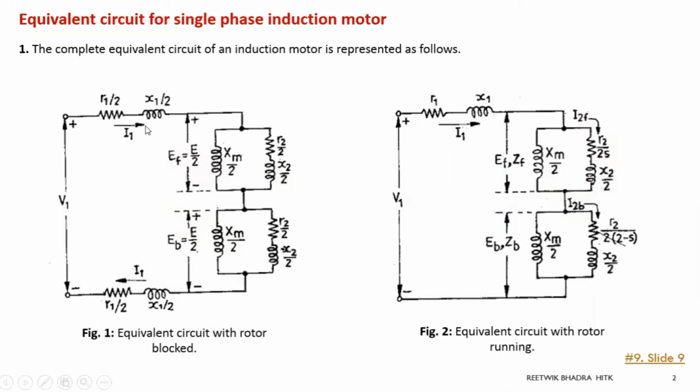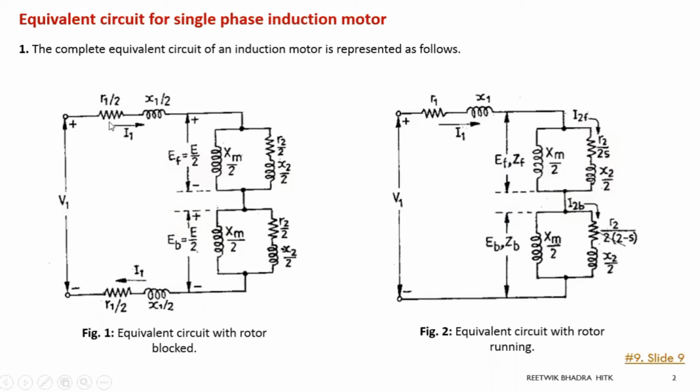And keeping in mind that there are two torques or two fields produced, one is the forward field, one is the backward field, F for forward, B for backward. For each case, because of that forward field, some current will be produced, and for that some impedance will be there and some EMF. So that forward field EMF, EF, will be E by 2. If your total supply is E, then this will be E by 2, this will be E by 2. Because we have studied that flux can be divided into two equal halves, phi by 2, phi by 2. Similarly, current will be divided into two equal halves, I by 2 and I by 2. Similarly, your EMF also will be E by 2 and E by 2.